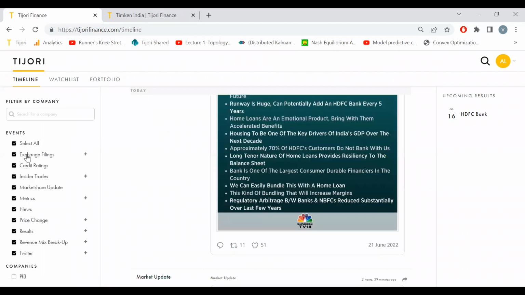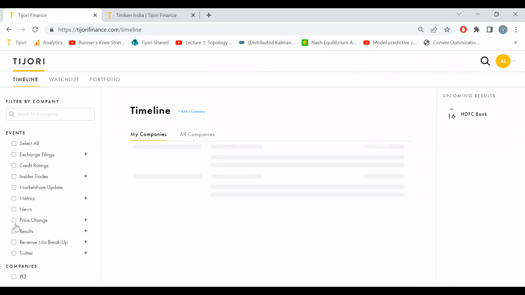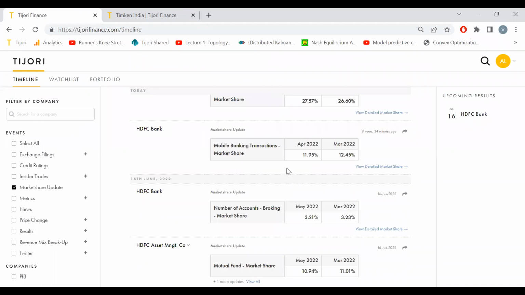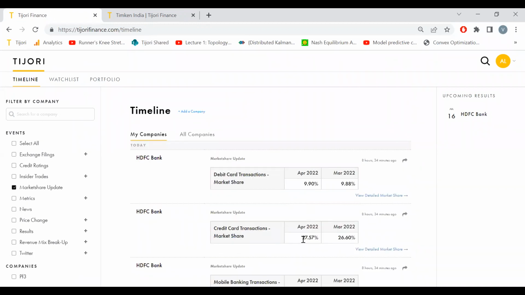You can also track, if I just unselect it from here and maybe I want to just know market share updates. Because I have HDFC Bank in my watch list, it is telling me market share updates on debit card, credit cards, mobile banking. So credit cards, its market share has gone up in April as compared to March.